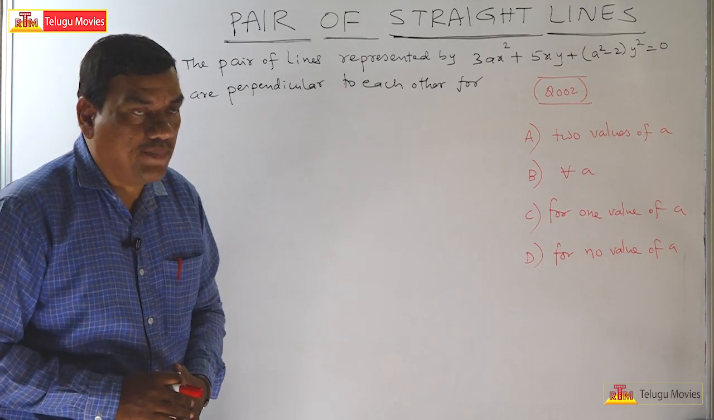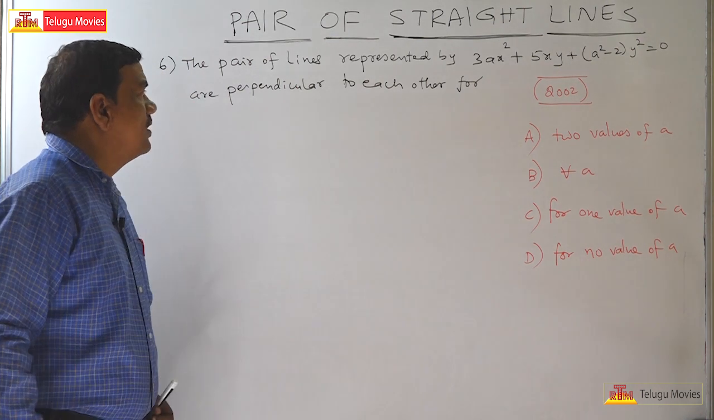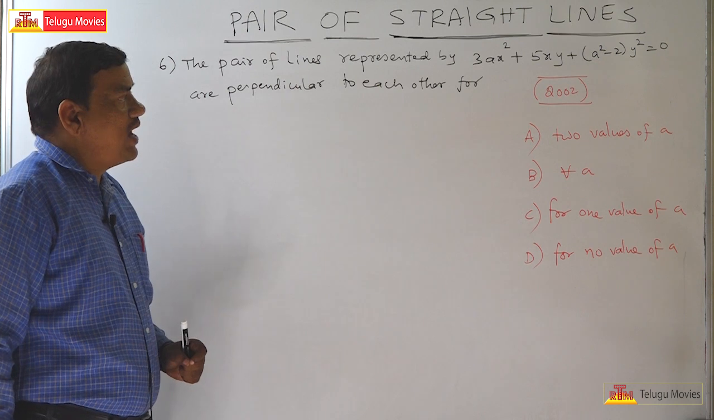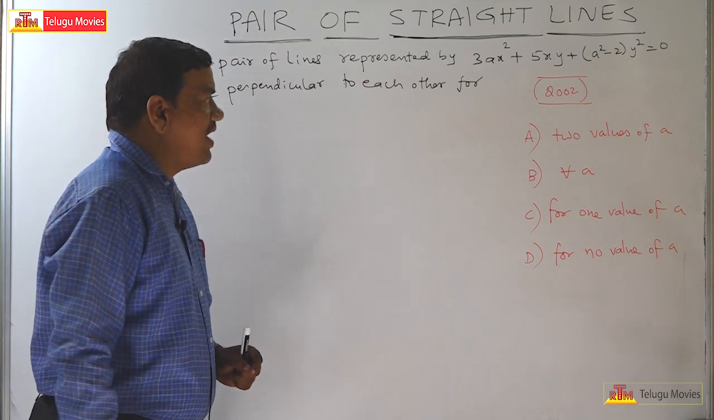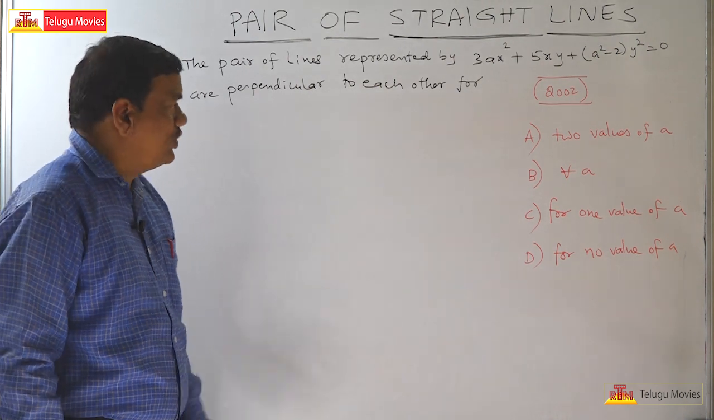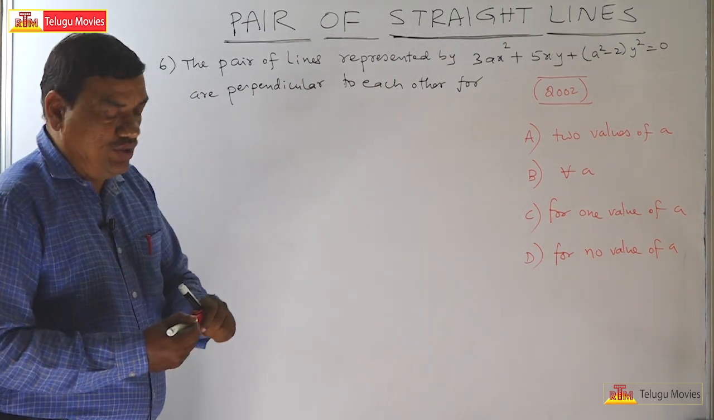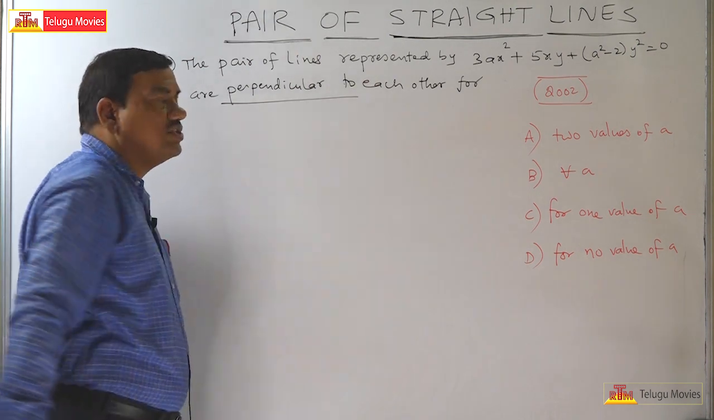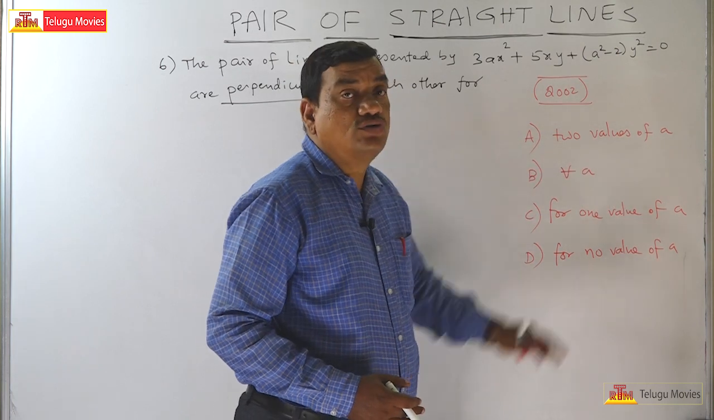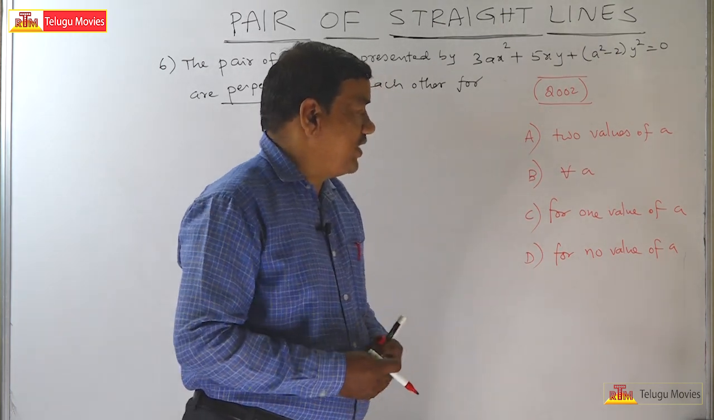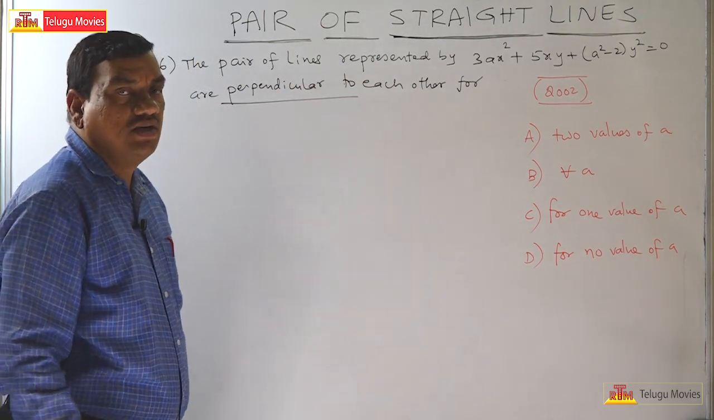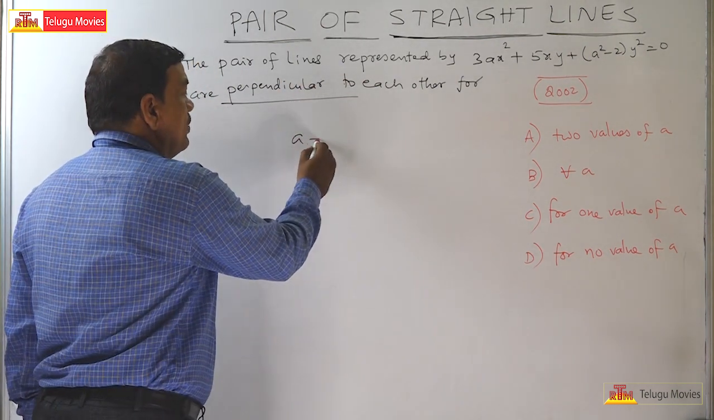Welcome to this problem. The pair of lines represented by 3ax square plus 5xy plus a square minus 2y square, which is in the form of ax square plus 2hxy plus by square is equal to 0, are perpendicular to each other for two values of a, for all a, for one value of a, or for no value of a. Now we know the condition that if two lines are perpendicular,